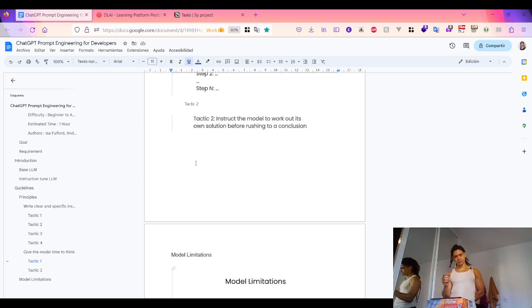The several tactics: use delimiters to define different sections in your input, which is to prevent prompt injections. Ask for structured data like HTML or JSON. Check whether the condition is satisfied and check the assumptions to do the task, as well as the